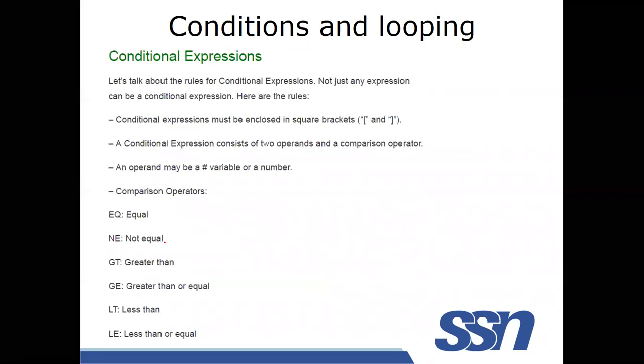Here the conditions you have to write in square brackets. There is one condition, and you have to write it in square brackets. Okay, this is a variable you can store in the memory location. Equal to is given by EQ, not equal to is given by NE, GT is greater than, GE is greater than or equal, LT is less than, LE is less than or equal to. These are all the conditions, comparative statements. I mean, comparing two variables, you can use all these expressions.